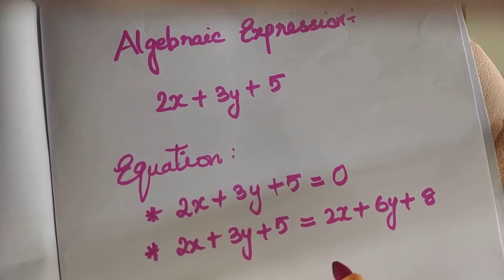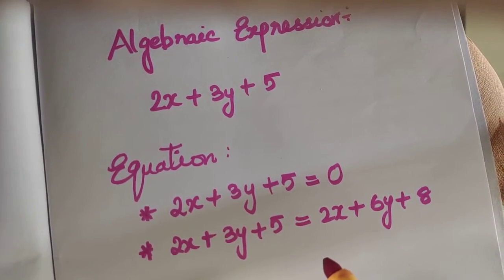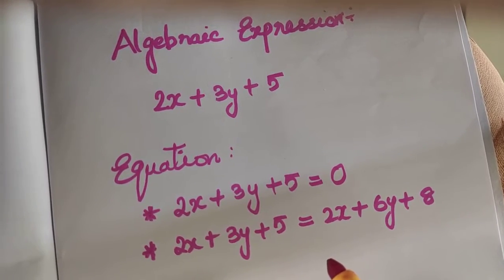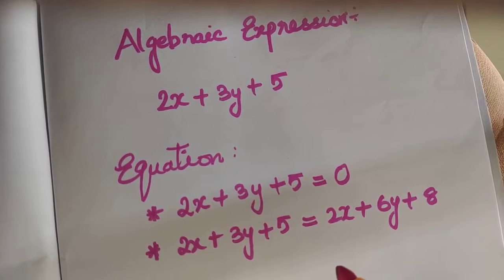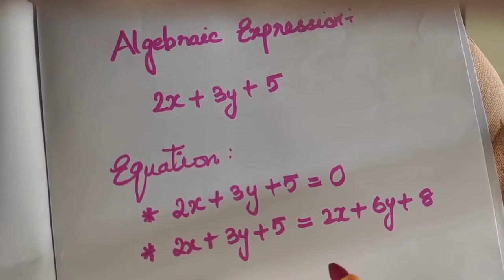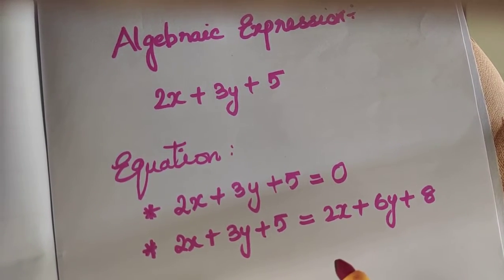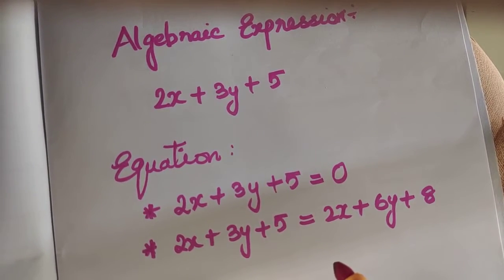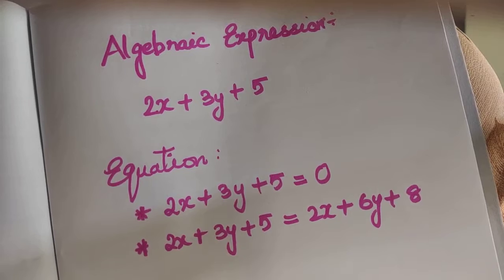Now coming to equation, I have an expression. Now I know how to create an expression. When an expression is given to me, I know how to deal with it. Now going to the next level, when an expression is equating to another expression, then there I can get an equation. In that equation, how am I going to deal with those equations? That is what we are going to study in this chapter. Mainly we are going to deal with linear equations.